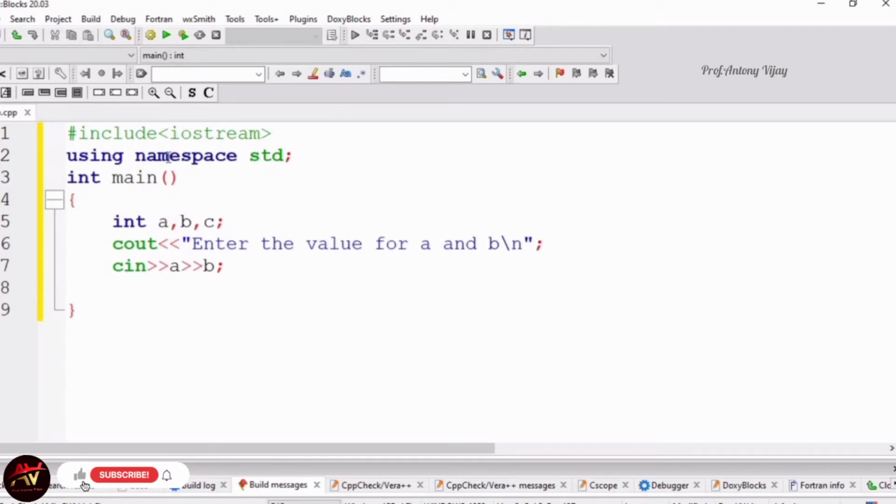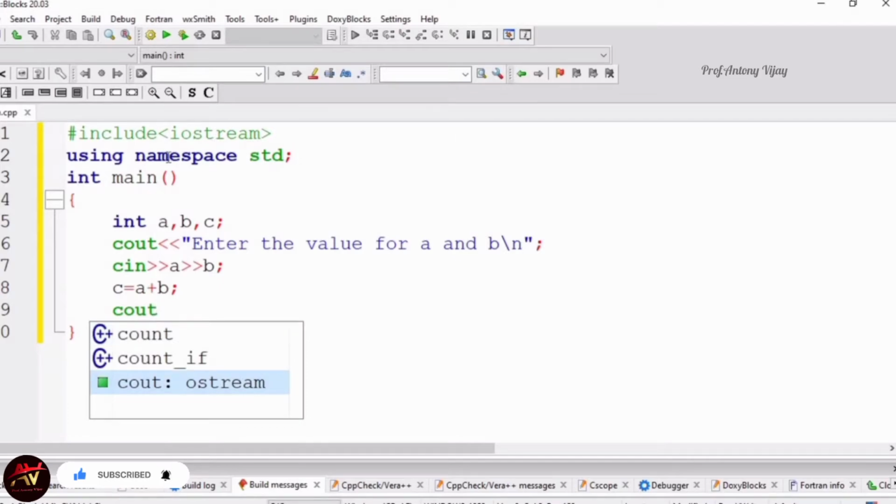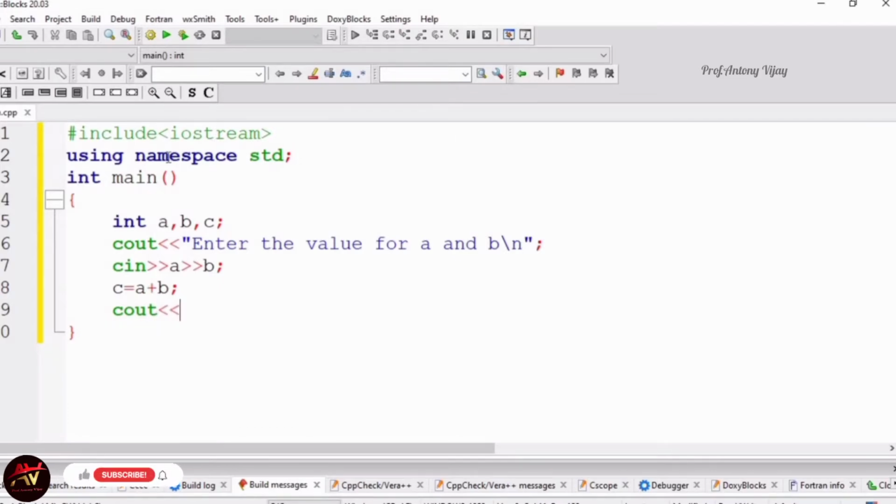After that we have to mention the equation c equal to a plus b, ending with the semicolon. Now we can print the result. For that I am using cout with the insertion operator. Within double quotes we type "the value of c is".